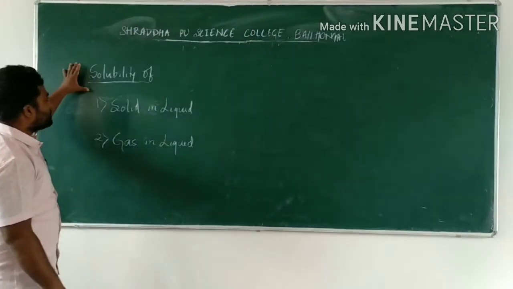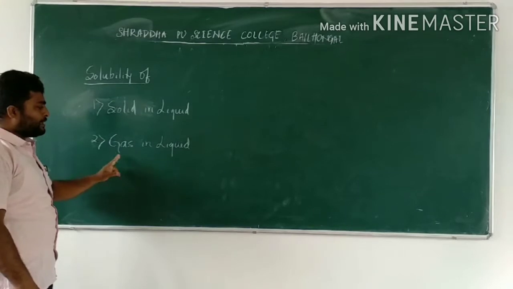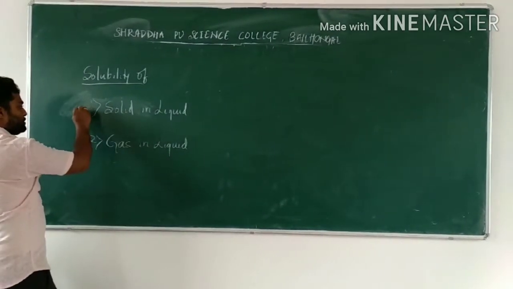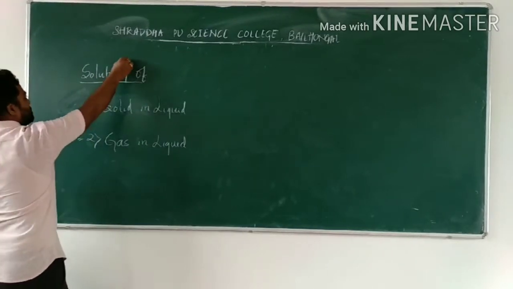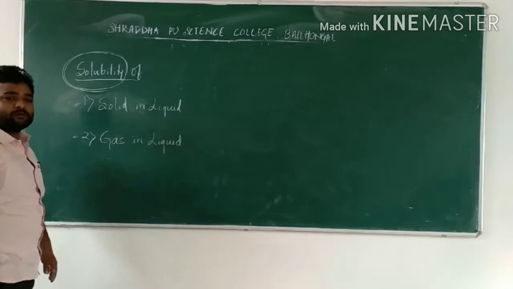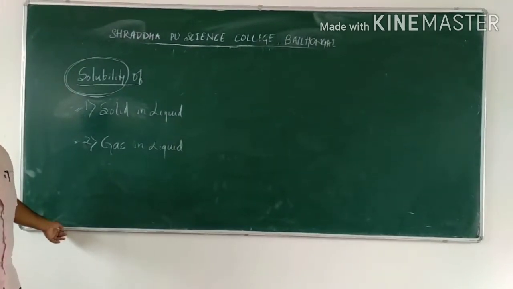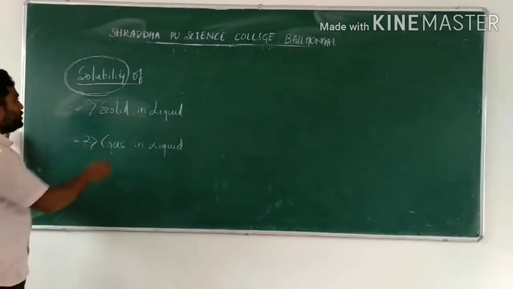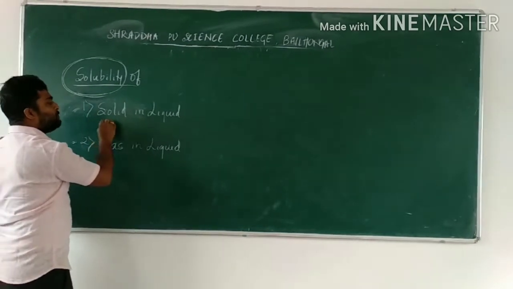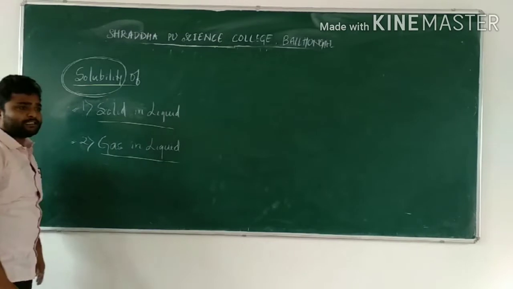So the next part is the solubility of solid in liquid and gas in liquid, the next concept. Now I will not be going to these two concepts as of now. First I will be explaining you what is the meaning of solubility. Where you study word by word, this method is called root word study. The root word you also get in organic chemistry. First I must be able to tell what you mean by solubility. Then I can explain the solubility of a solid in liquid and solubility of a gas in liquid.